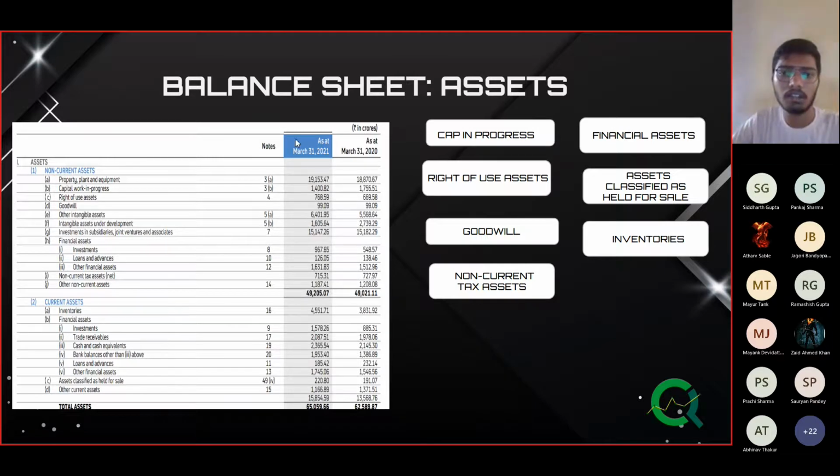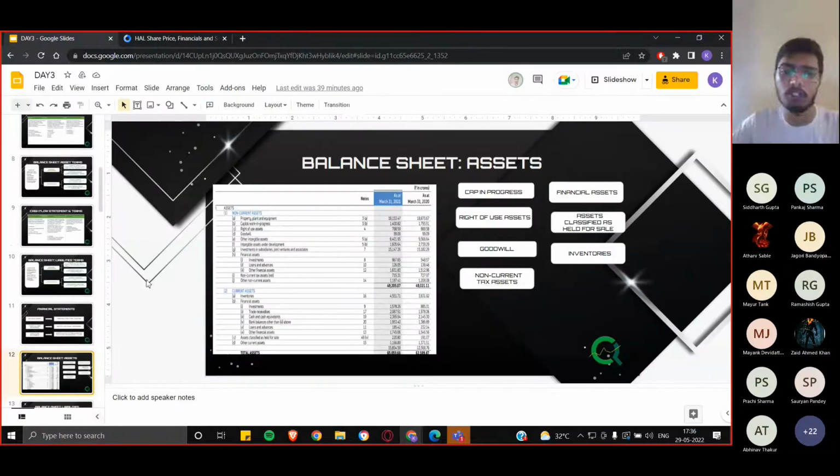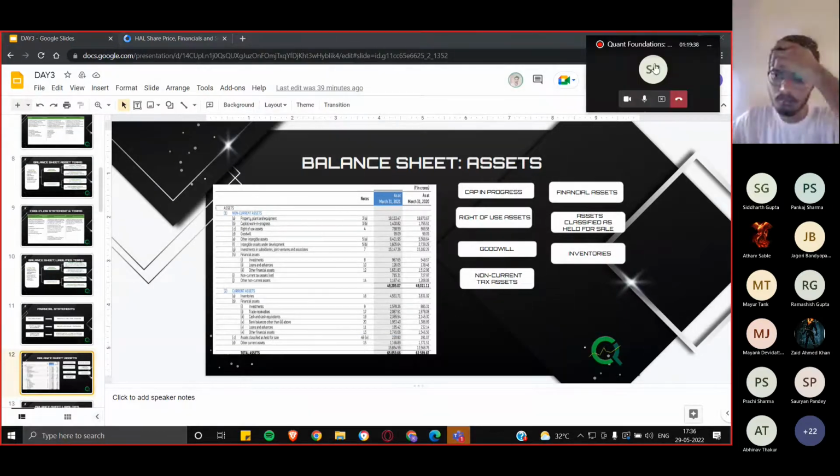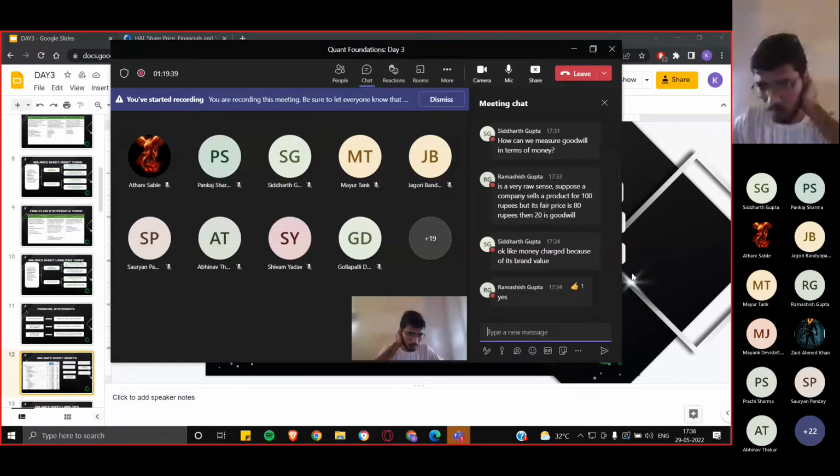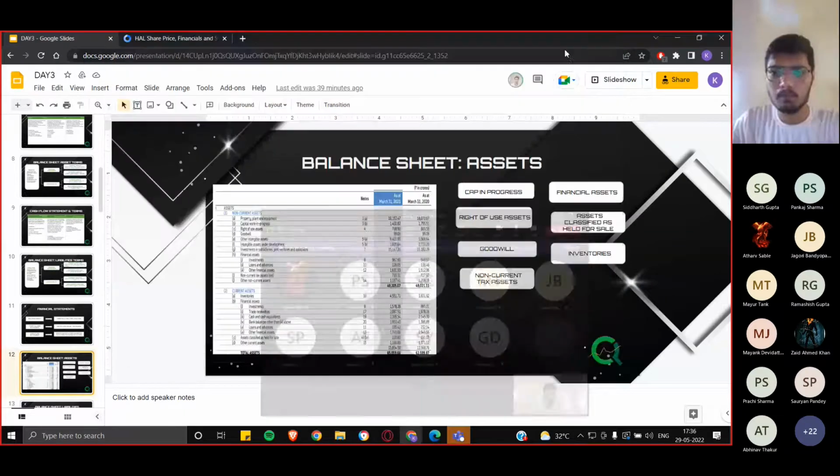Okay, and one more thing: it is written here as at March 31st. I guess I have told you earlier that it is not restricted to some period, but it's from the first day of the life of the company to as on the date given in the balance sheet, that is 31st March. Whatever assets they have bought and are using for generating revenues, etc., that comes into these assets. Are there any doubts? I guess not.